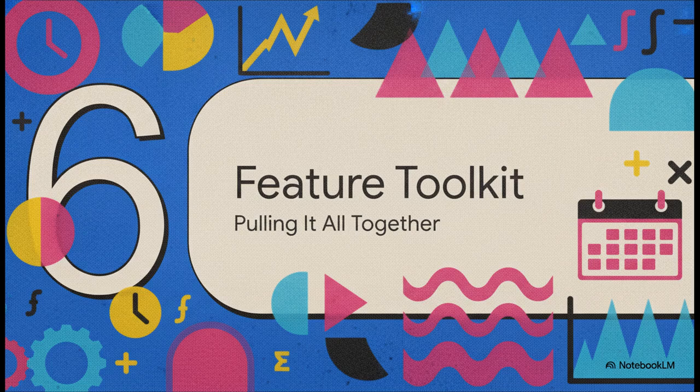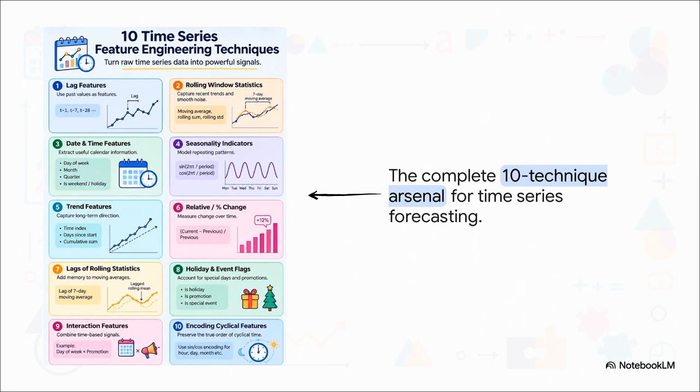Finally, Section 6, your feature engineering toolkit. So, looking back at our master map now, it's no longer just a wall of buzzwords, is it? You're actually thinking like a data sculptor now. You know exactly how lag features create memory, how rolling windows smooth out the noise, how those trigonometric functions preserve the cyclical nature of a clock, and really, how all these techniques work together to sculpt raw, lifeless data into